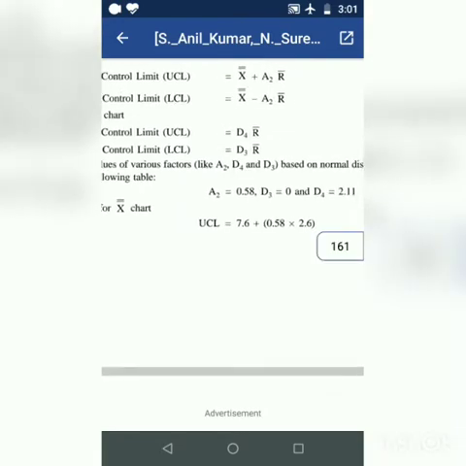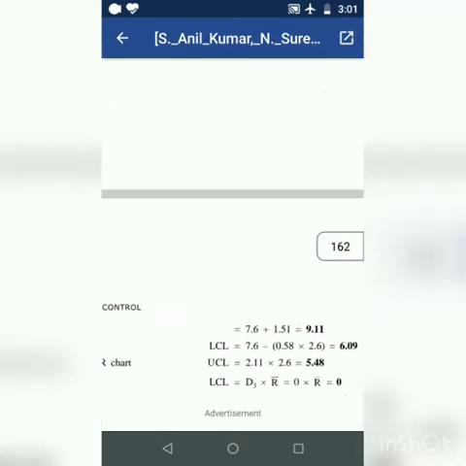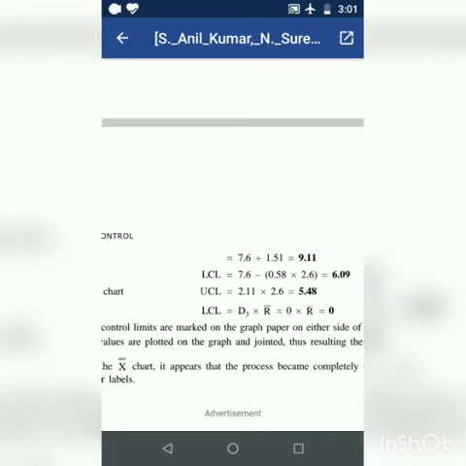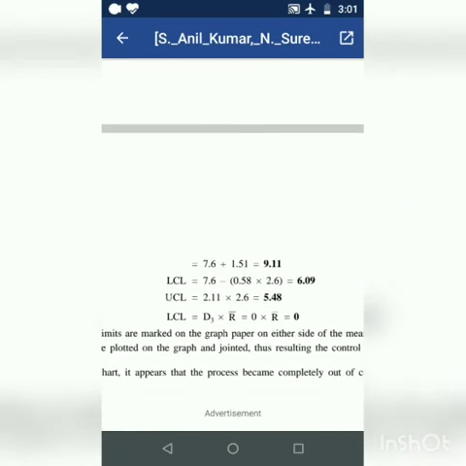So after adding this, 7.6 plus 1.51, you will see that the upper control limit of the mean chart is 9.11,